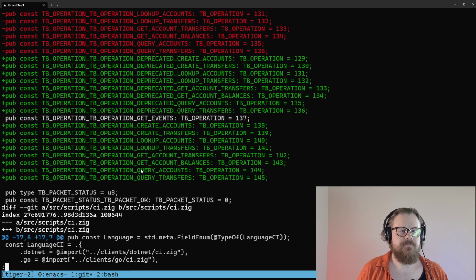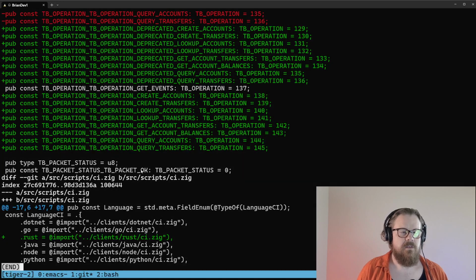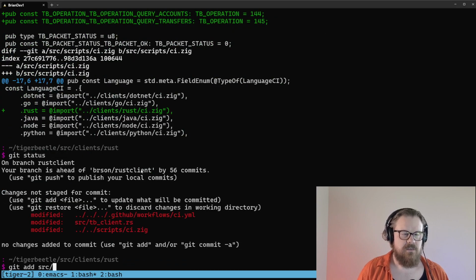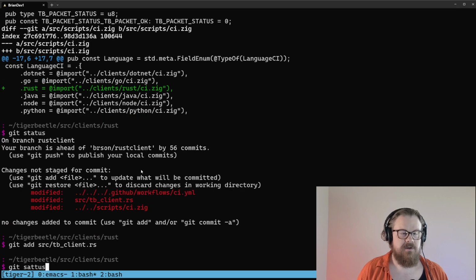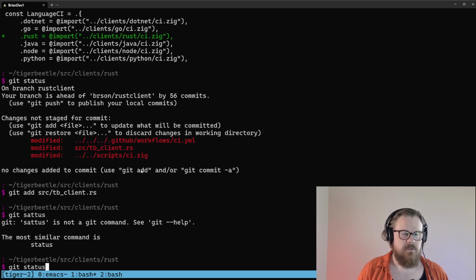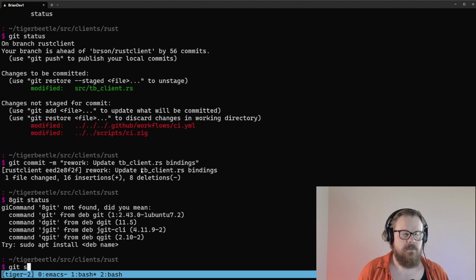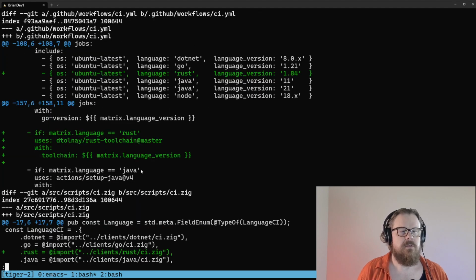Let's again look at our diff. And actually, let's go check in this TB client. This is a generated file. So when we did the rebuild, this file was created. Let's give that its own commit. And then